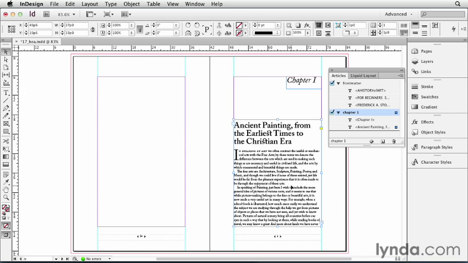I've decided that I don't want that cover image in my EPUB. I want to open the EPUB directly to the title page, so I'm not going to include that in my Articles panel. It's really helpful when you're making an EPUB file to give the reader some navigation tools, like a